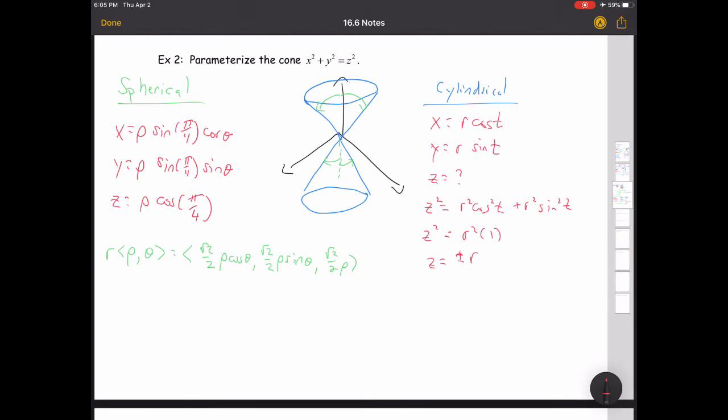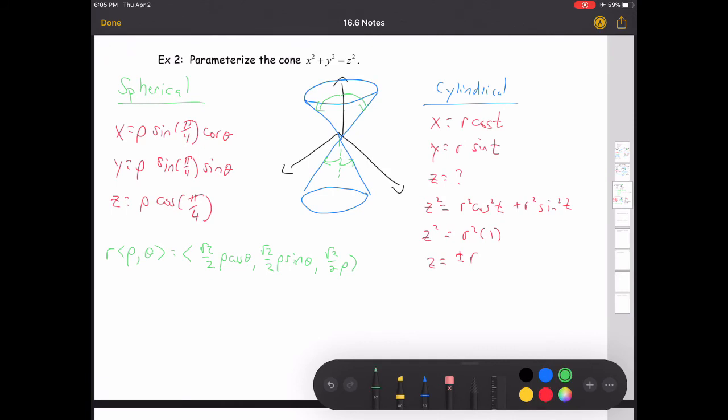And we're really only interested in the positive r as far as writing it. But we do have to take into account, and we'll show this, that r is going to have to go from negative infinity to positive infinity. So our parameters, oh, I forgot to write the parameters on the other one. I'll go back and do that in a second for the spherical. Our parameters for this one